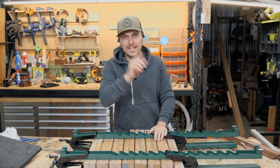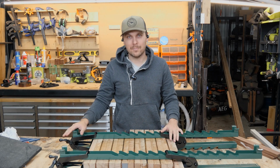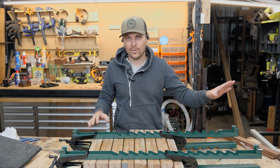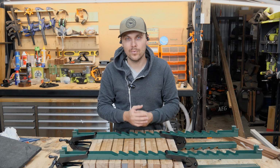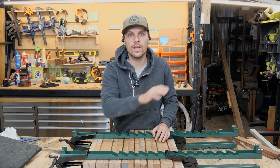Okay guys, so this is now dry and we can take it out of our clamps, which we do in a second. After that, we're gonna go and do all the cross cuts we need on our table saw to basically make our bricks. First, we have to make sure there's one straight edge that we can reference on our